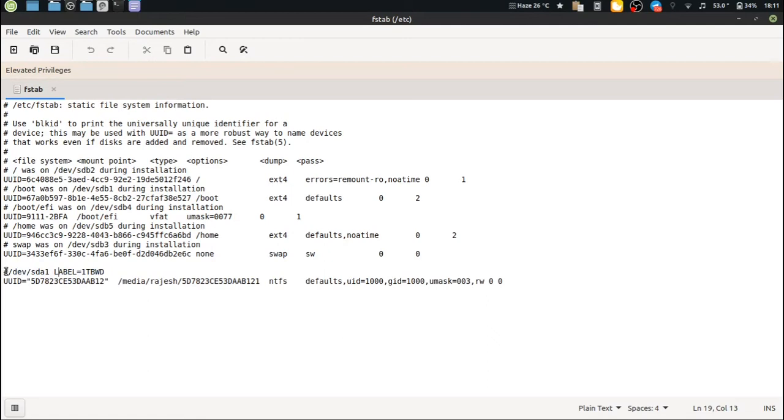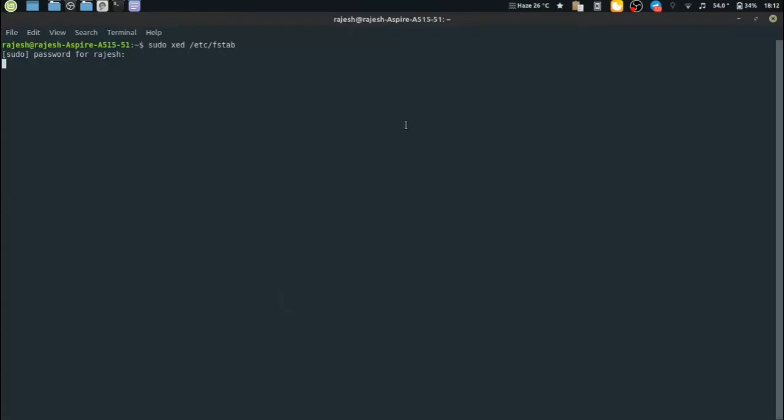This is just like comments, so you can add anything just to identify your stuff. This is the UUID, and this belongs to my partition. Now we'll show you how to get them.